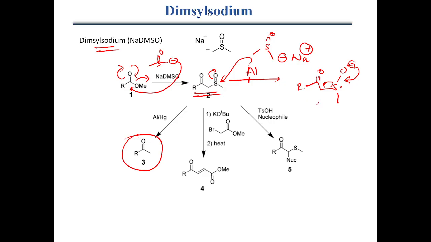And this will give this one, RCO. So this will extract a proton from the solvent and give this product 3. Now if we treat it with a base such as potassium tert-butoxide, this proton is acidic, so it will be extracted and react with this bromo compound and give